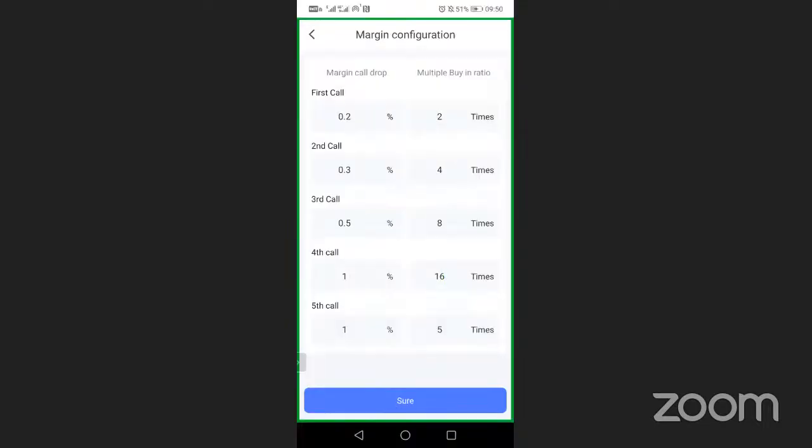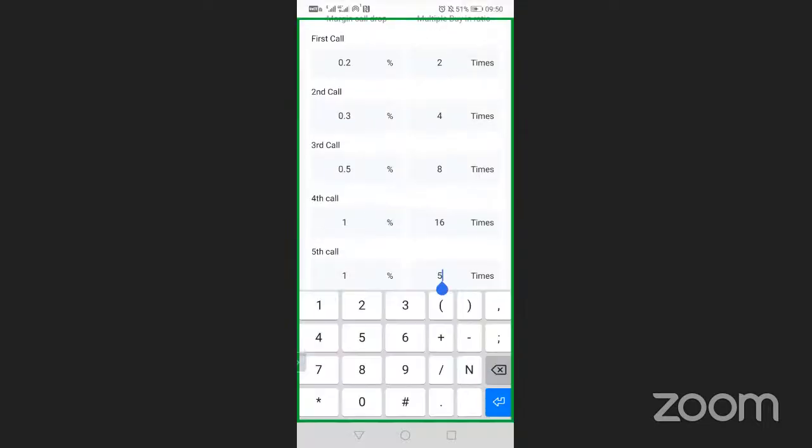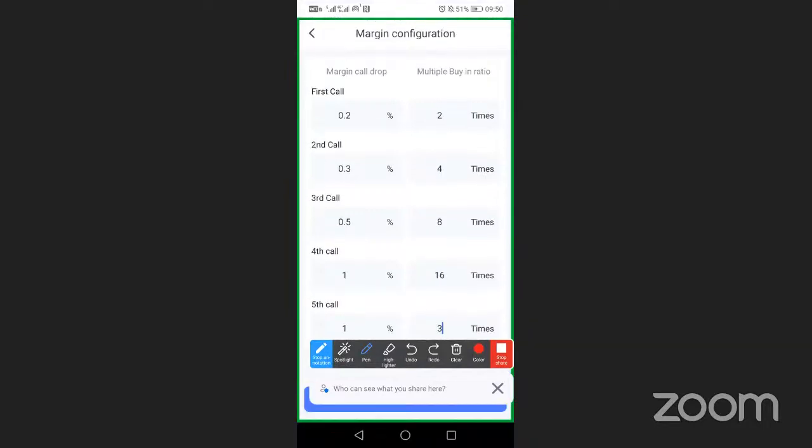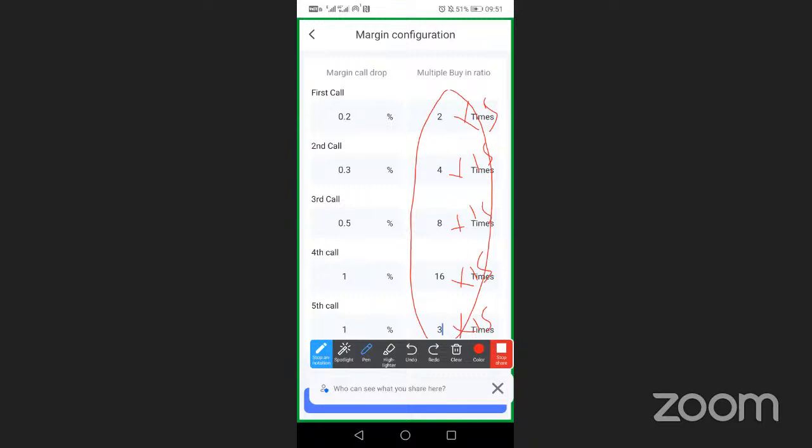So here we edit until here, and here we put 3. It is going to buy 3 times using $15, which is $45. So if you multiply here by 15, by 15, by 15, by 15, by 15, then you are going to discover that the robot, if it buys this together with the first 500, is going to put $995 in the market. That is the second way.